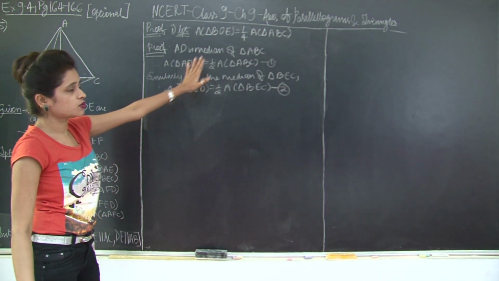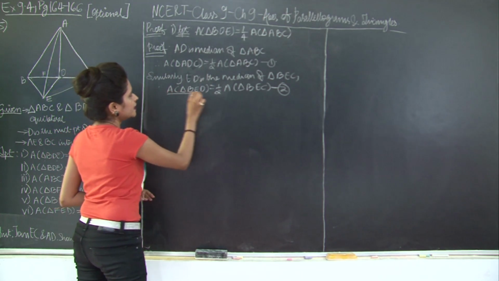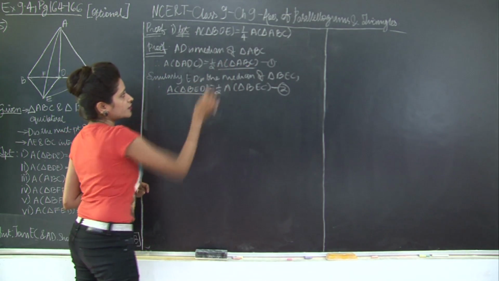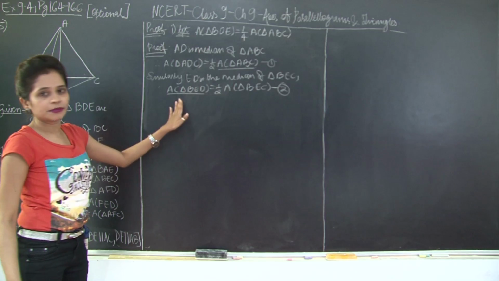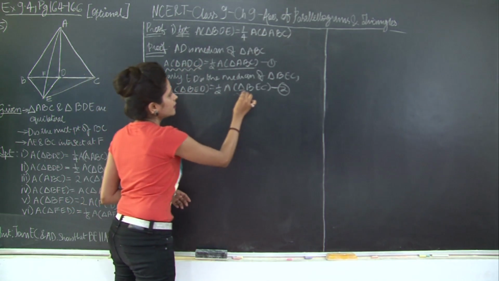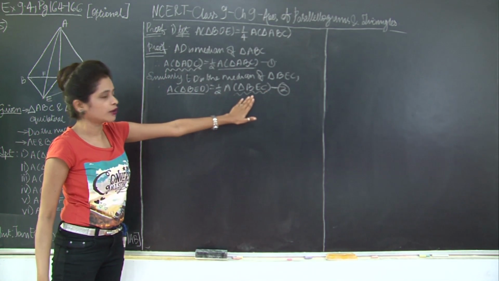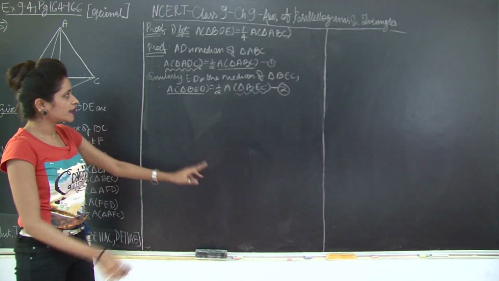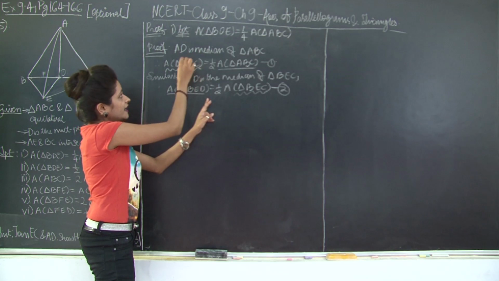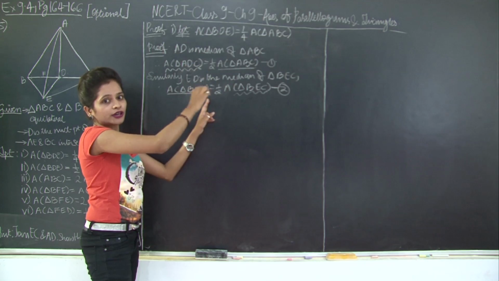Now let's take a look at 1 and 2. You need to strike a relationship between BED and ABC, right? So we will be able to strike a relationship between ABC and BDE once we are able to strike a relationship between ADC and BEC. So once you show that ADC is equal to area of triangle BEC, you can say that BED is equal to half of ADC and ADC is half of ABC. So that will become 1/4 ABC.